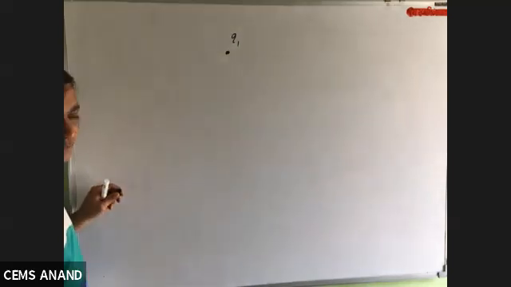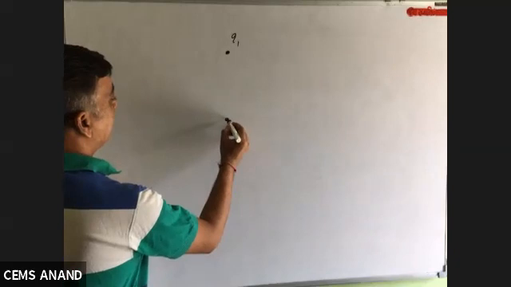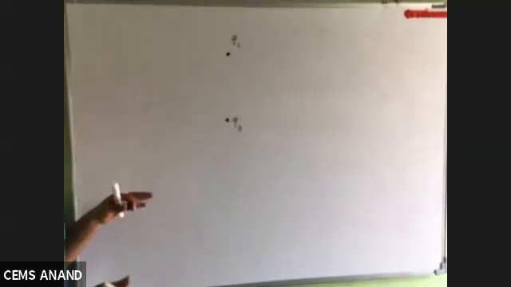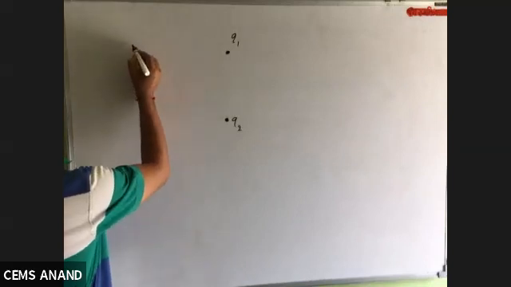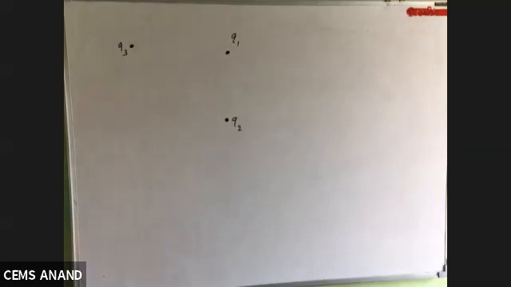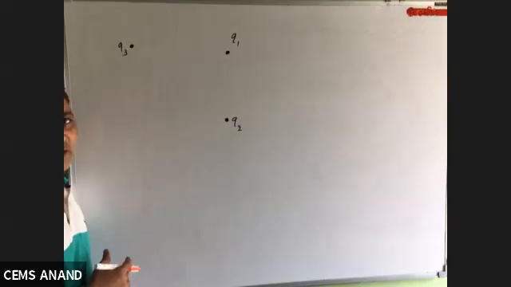So let I have a system of these three charges. Q1, here somewhere some other charge is present, Q2. All of these charges are present in air. Let me assume that. Okay, and here some another charge, Q3. Now if I am assuming them in a three-dimensional coordinate system, then